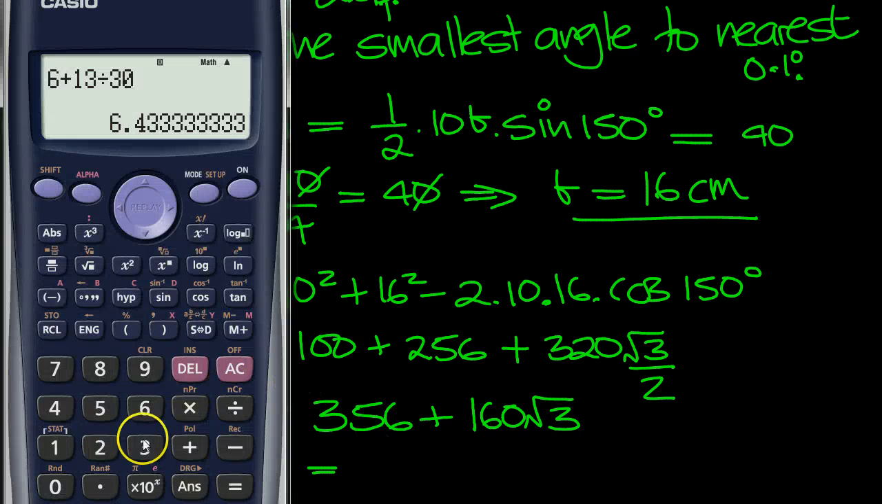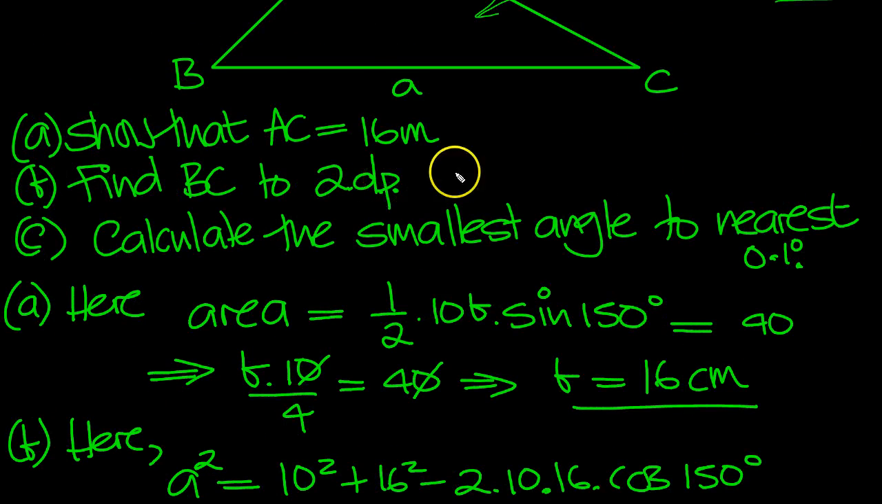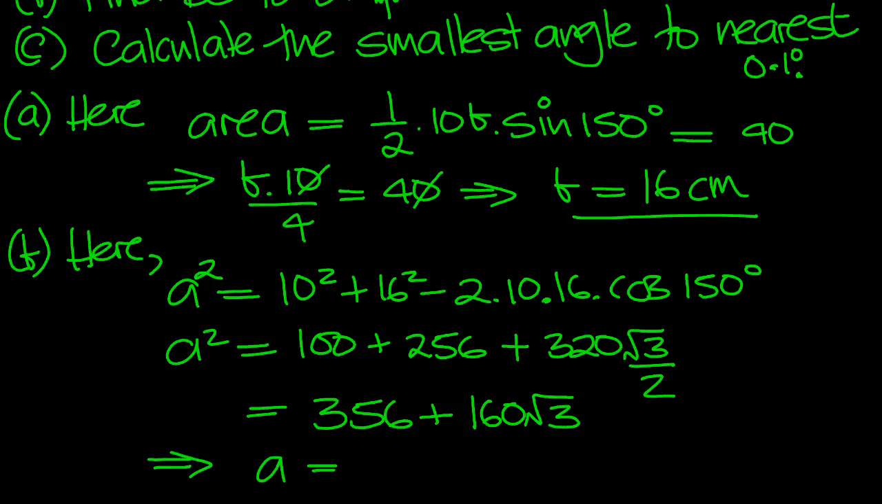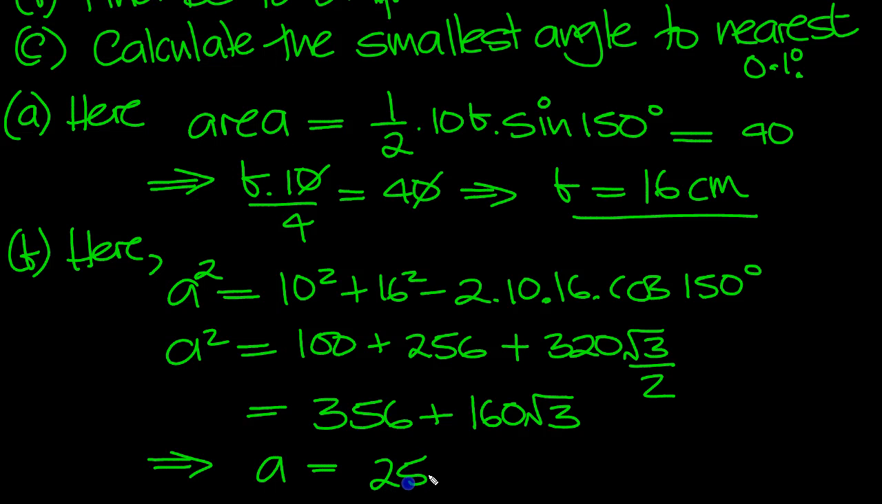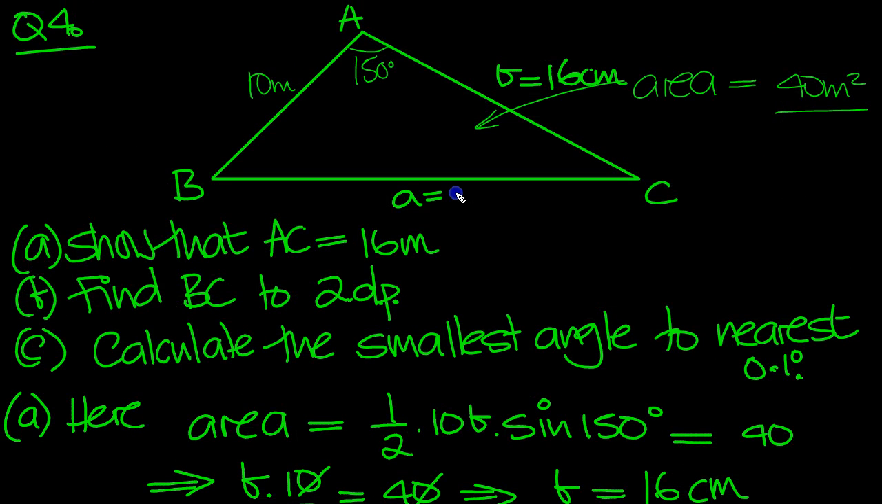So let's tap that in the calculator then. 356 plus 160 times root 3 equals, so we got the answer there. Now if we do square root of the answer, equals 25.16, and it said to, what did it say, to 2dp? BC to 2dp. So to 2dp is 25.16 centimeters. So let's put that in the diagram then. A is 25.16